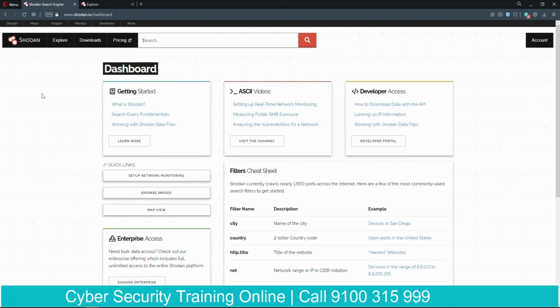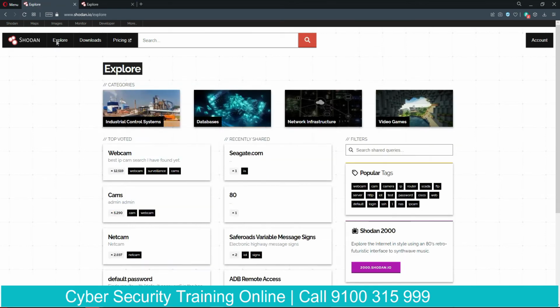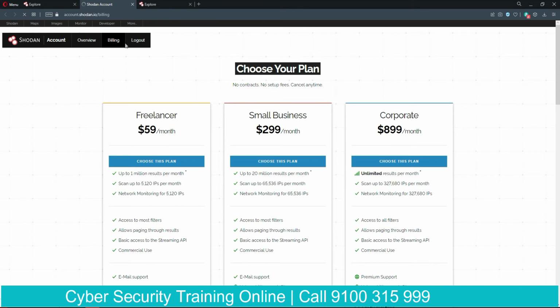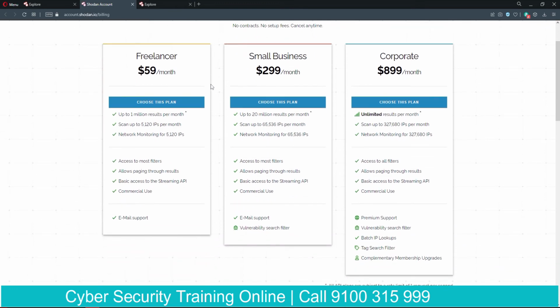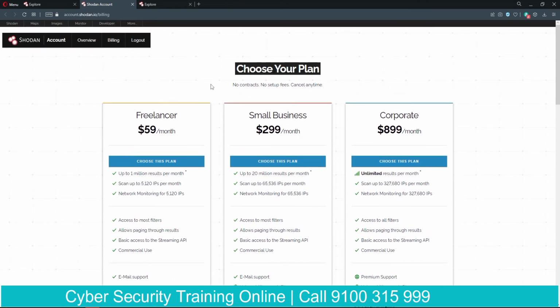Alright, now not only that, Shodan also has some, and again a second question I forgot, is Shodan free? Well, Shodan is free to some extent, that is the number of searches you can do per account. There is a limitation on the number of searches you can do here. Now if you click on the pricing here, you will know. So that's a plan. Okay, if you are having a free account, you may be able to do a couple of searches and then Shodan will stop you there.